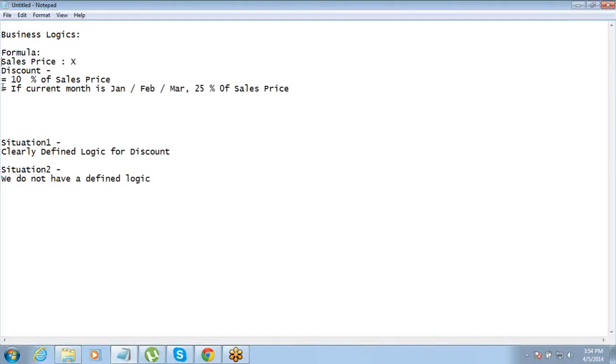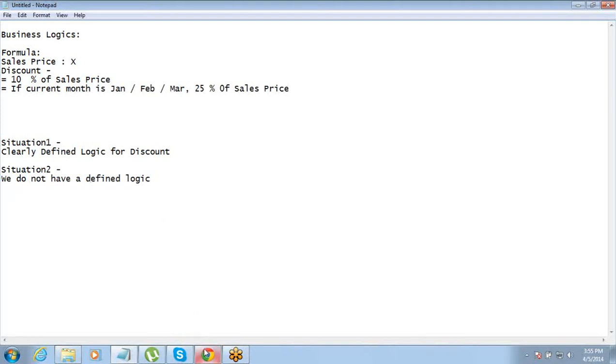So what is a formula? A formula is basically a field type. While creating fields in an object, you must have noticed that there is a field type called formula. In a formula, you can define your logic to do certain calculations automatically. That is the first part. Formula is the first part of the business logic section, where you have a logic and you can populate the value automatically by just defining the logic for all the records, and you do not have to do it manually for each and every record, right?